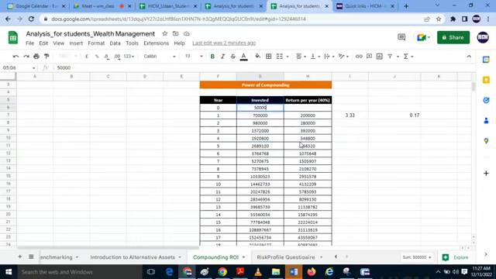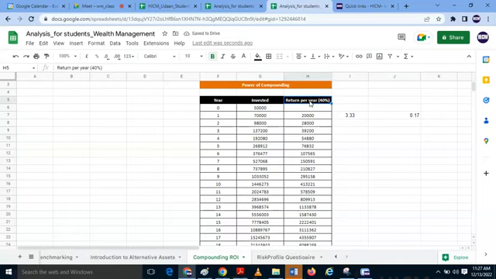Suppose he is bringing 50,000 rupees to the table. When you drag this, everything will change by itself. Suppose he is bringing 50,000 rupees. How much return does he want to achieve? If you see how much return he wants to achieve,